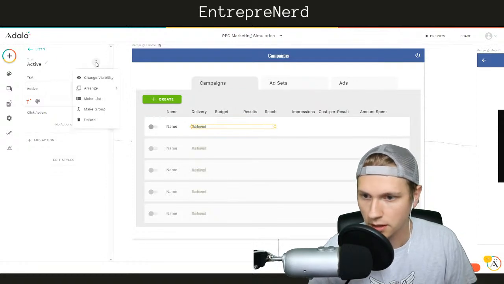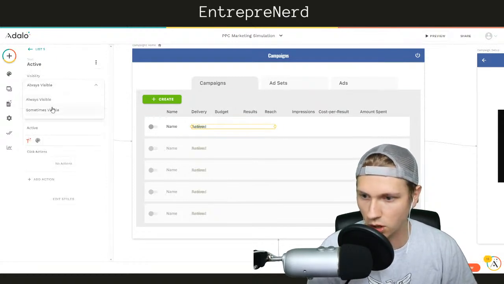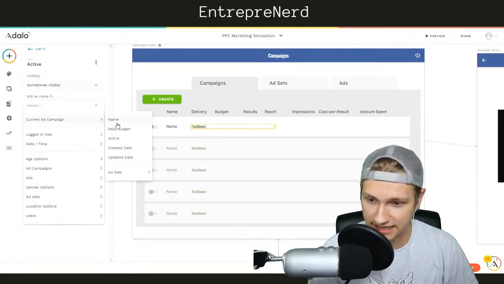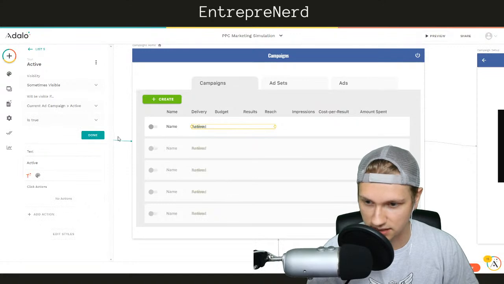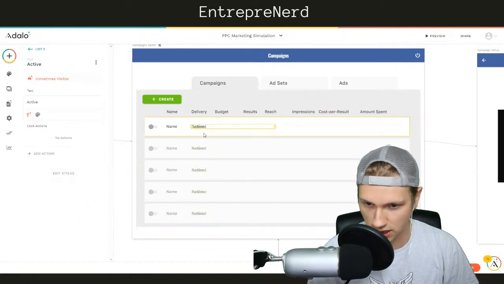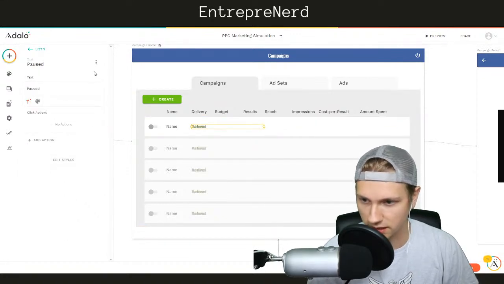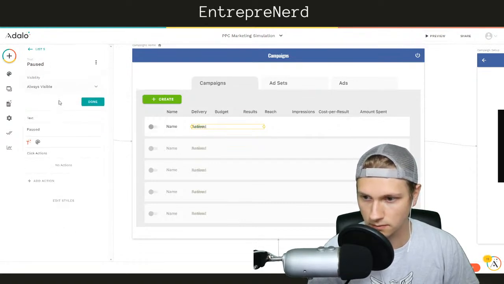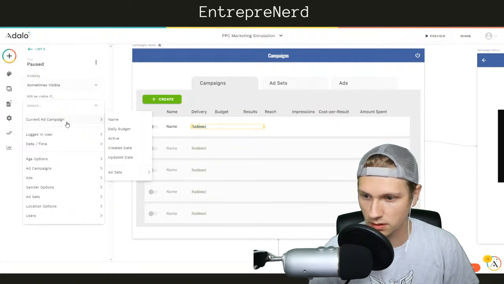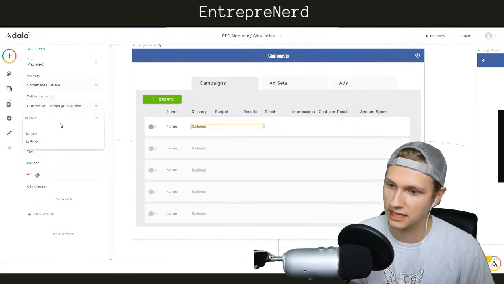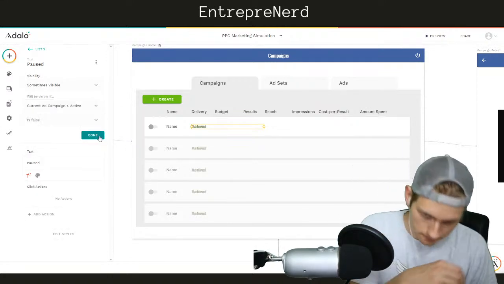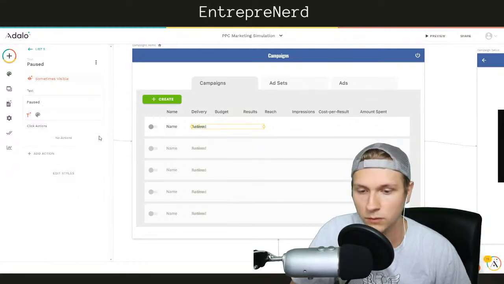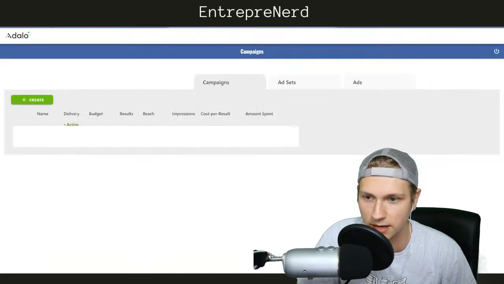Let's do active. We're going to change the visibility. Sometimes visible if the current ad campaign is active, is true, done. And then on this, paused, change visibility, sometimes visible, visible if active is false. Awesome. Done. So let's see what that looks like right now.